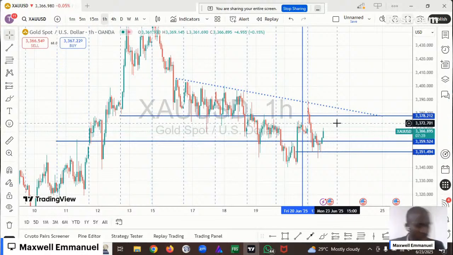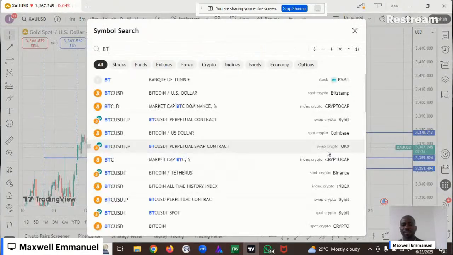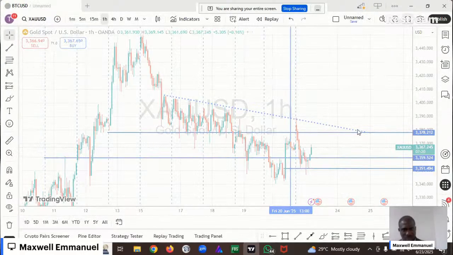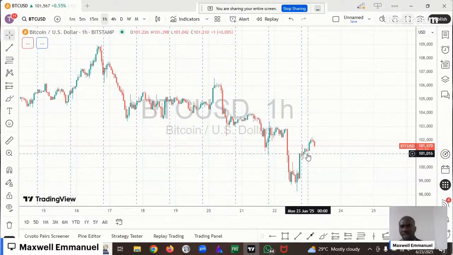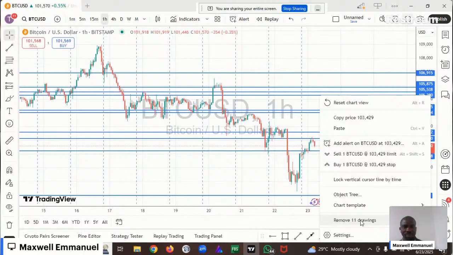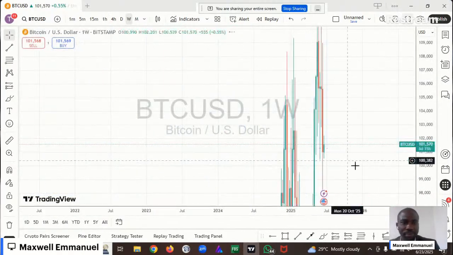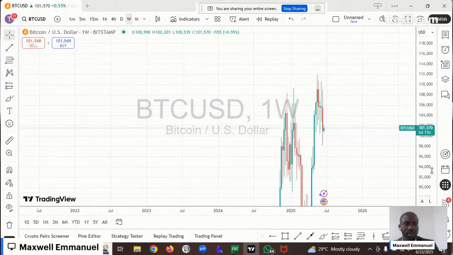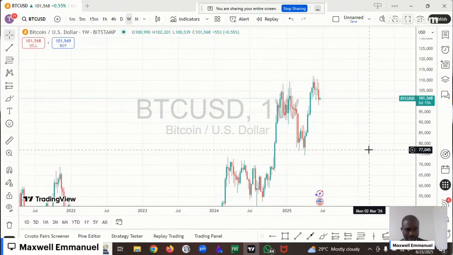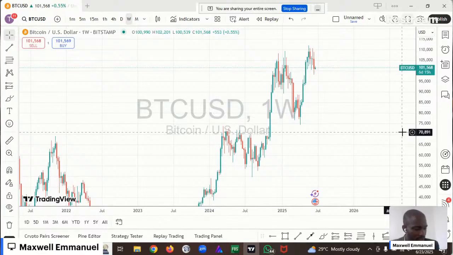Okay, so let's look at BTC. I think BTC is bearish. Let's start with the weekly time frame. So on the weekly time frame, what do we have? As you can see,